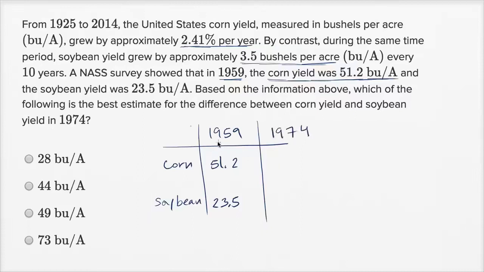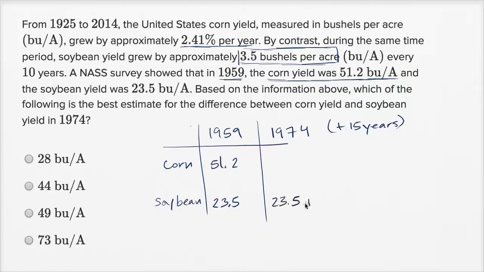So 1974. How many years have gone by? Let's see, this is going to be 15 years. So this is going to be plus 15 years from our 1959. Actually the soybean is a little bit easier to calculate because they just tell us the absolute number of bushels per acre every 10 years. So 15 years is just going to be half more of that again. So this is just going to be